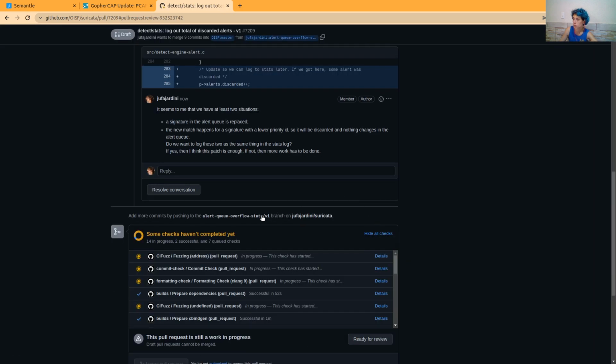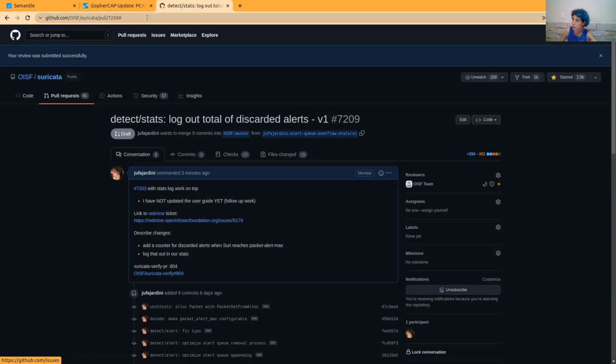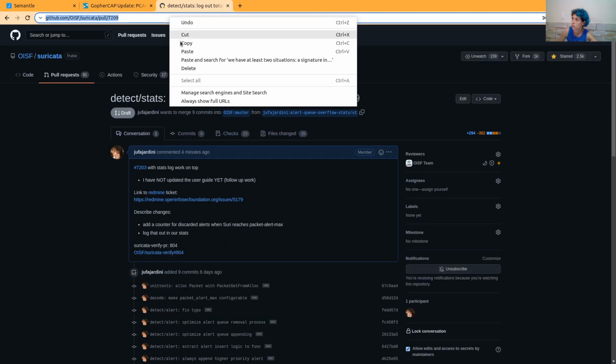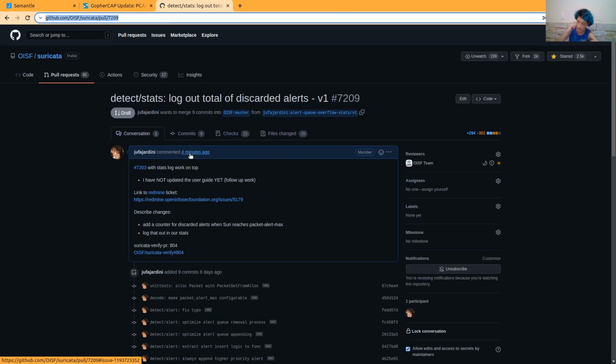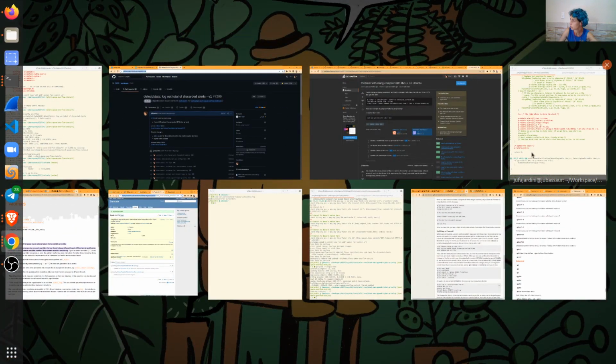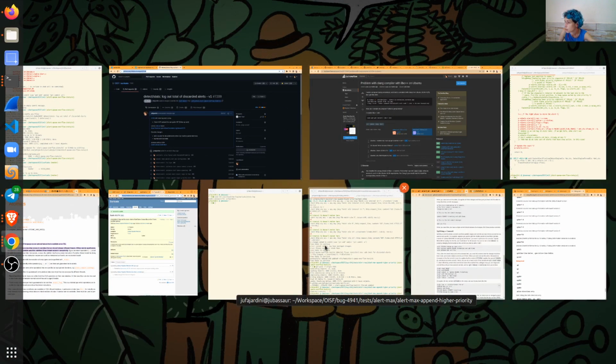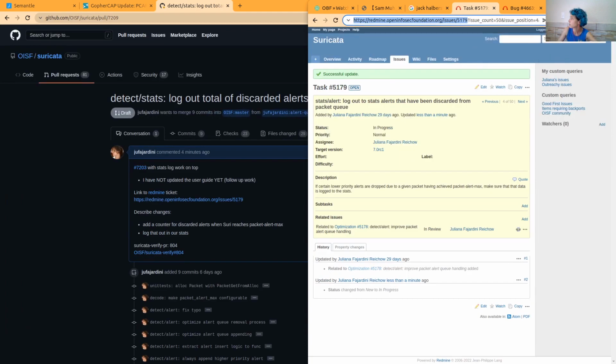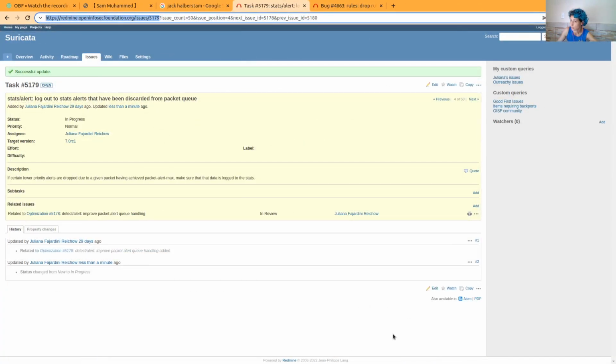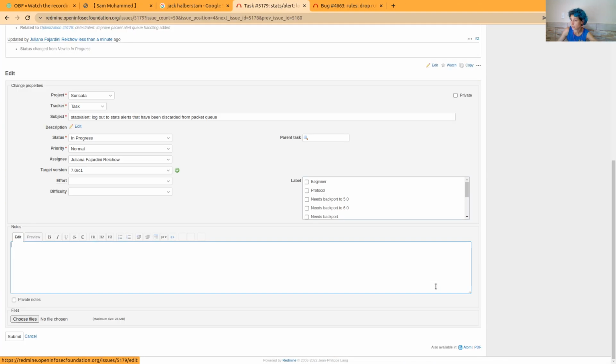And now we wait. And what else has to be done? We have a pull request and we have a ticket. We go to the ticket and we add it. I think I did it the other day.